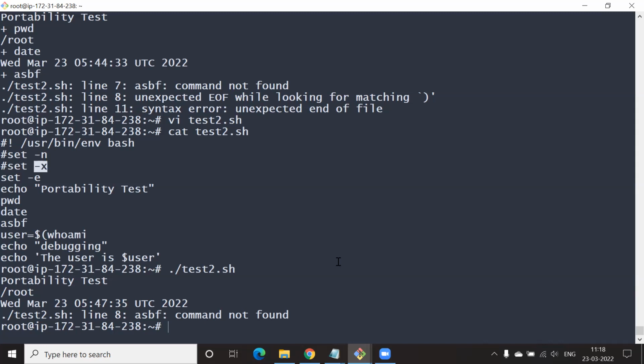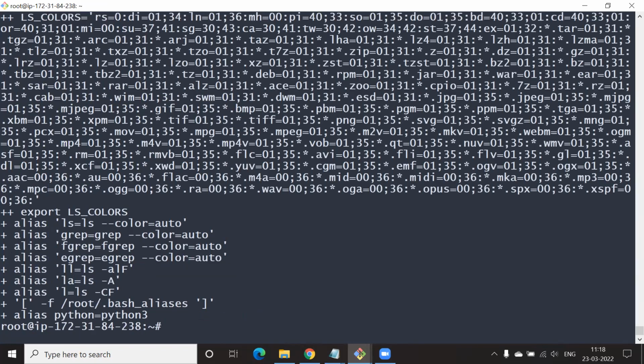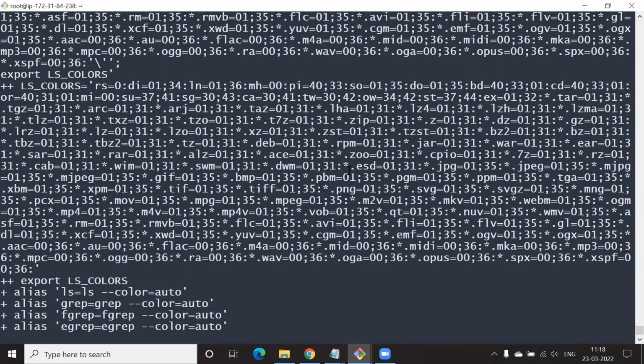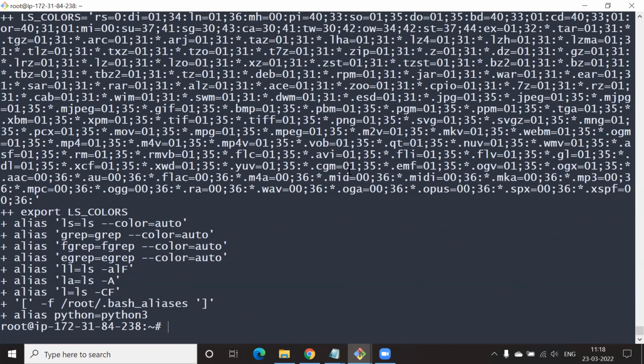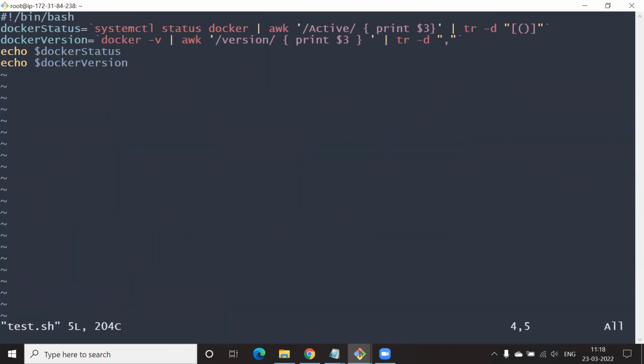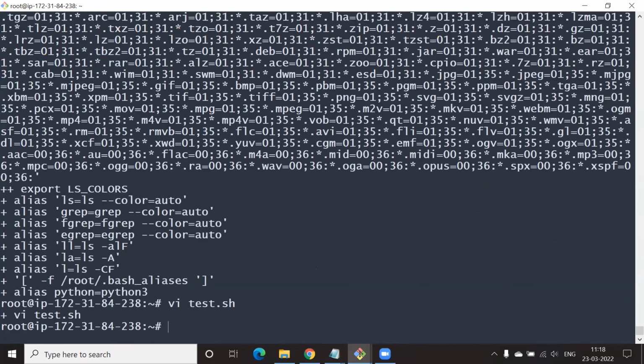Okay. Now type in bash -x, bash space -x space test2.sh.